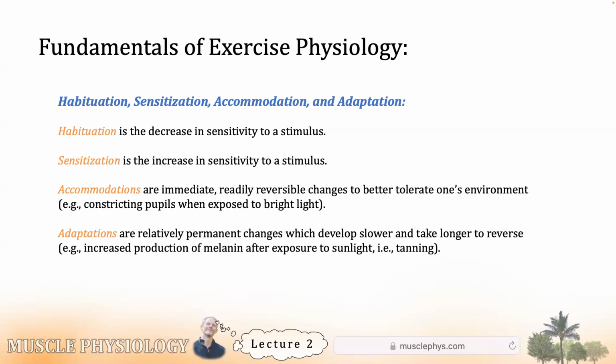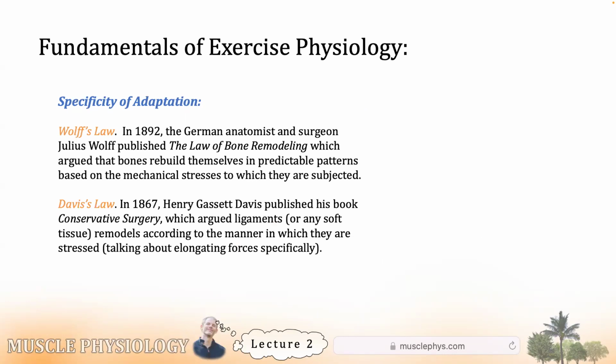Adaptation is what lingers. That takes time to occur and it takes time to pass. So if you do regular cardiovascular exercise for a few months, you'll increase your blood volume and your mitochondrial content and capillary density and so on. There's a lot of structural changes that take time to develop, different amounts of time. Blood volume changes pretty quickly, but they persist after exercise ceases for a while, not forever, but they persist for a while. That is adaptation.